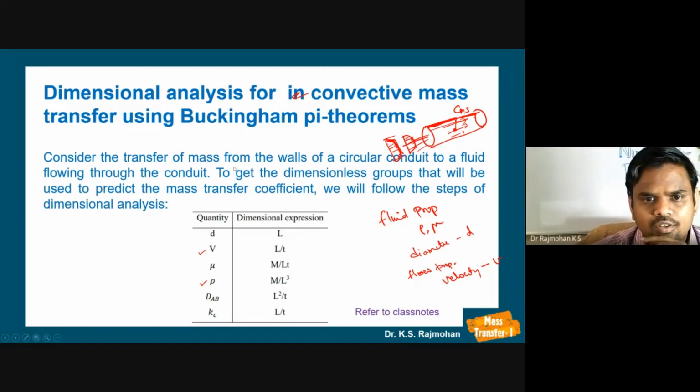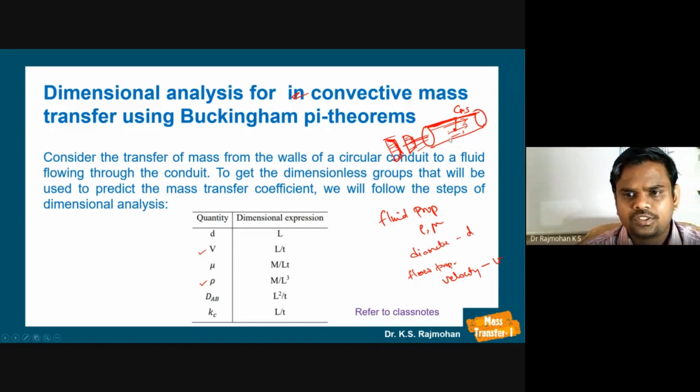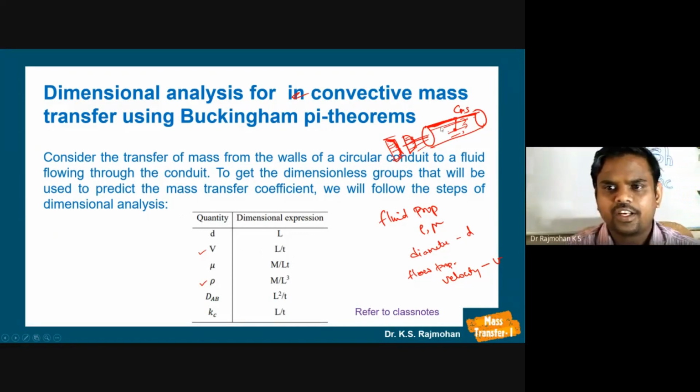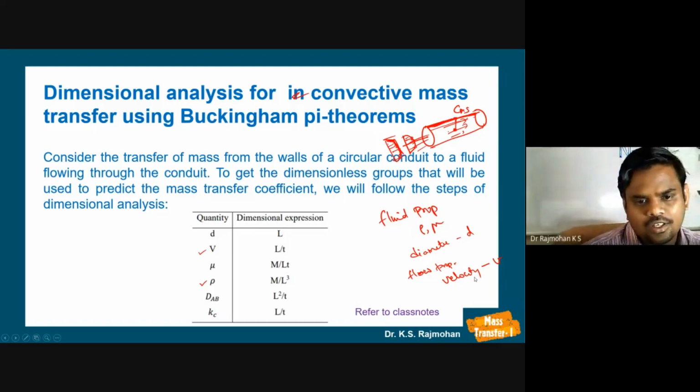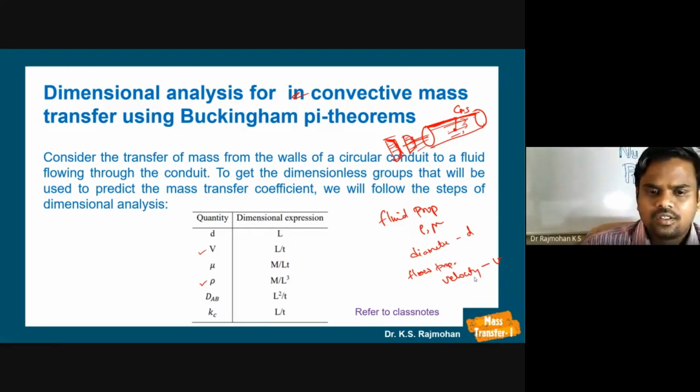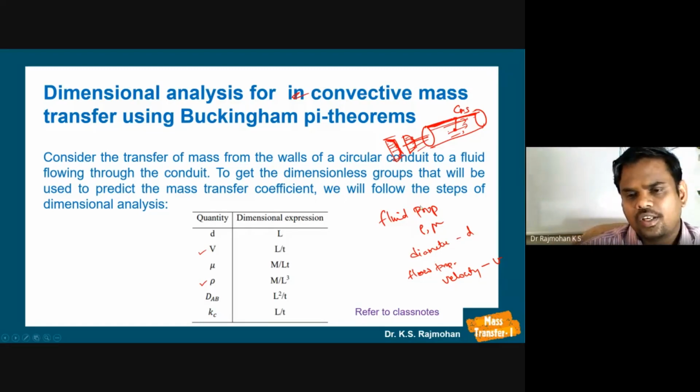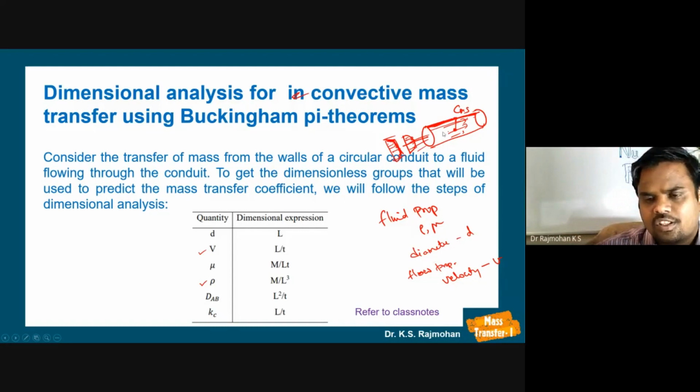So if you consider the transfer of mass from the walls of a circular conduit having a diameter d, to a fluid flowing through the conduit, with fluid properties density rho and viscosity mu, and a fluid flow property, that is average velocity v, then we can determine the mass transfer coefficient,